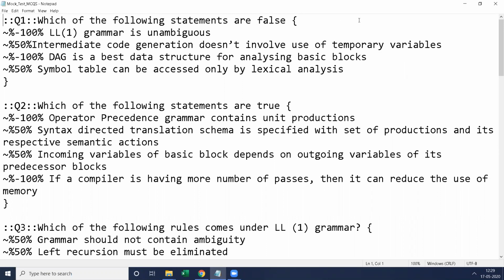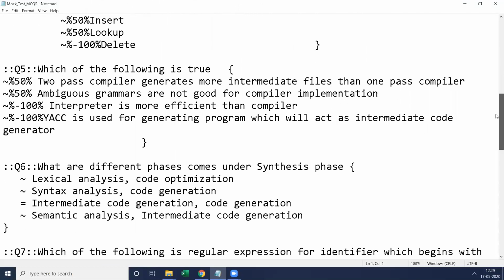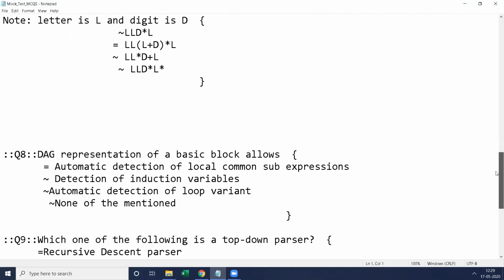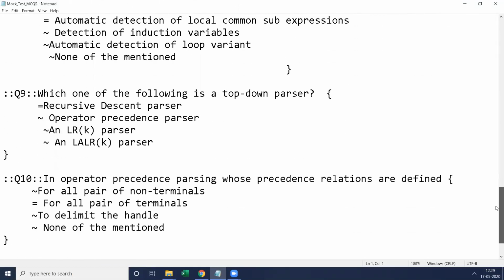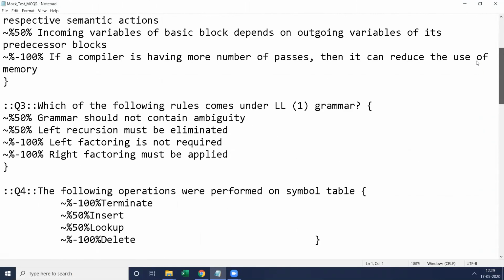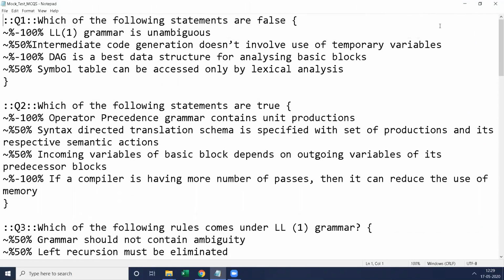Here I am taking the subject programming language for compiler construction. In this case, I am taking 10 questions like this: question 1, question 2, question 3, question 4, question 5, question 6, like that.